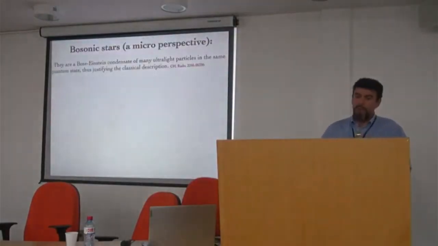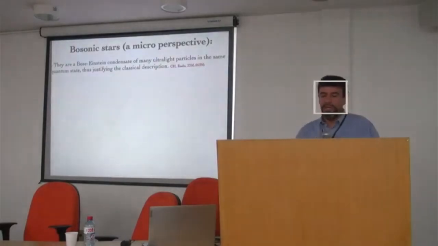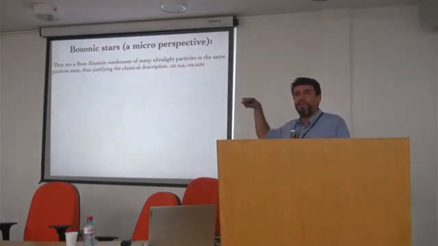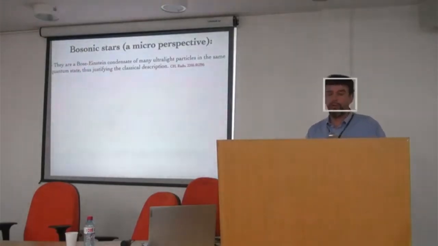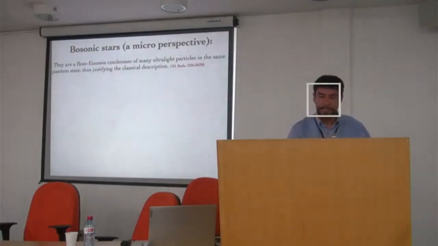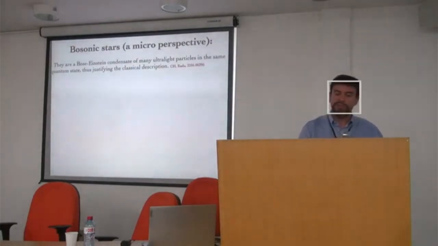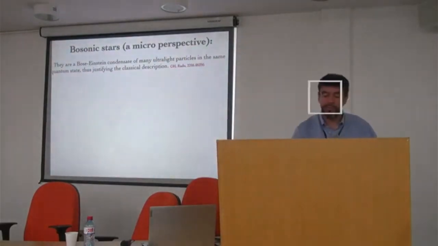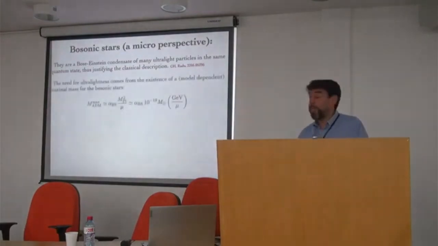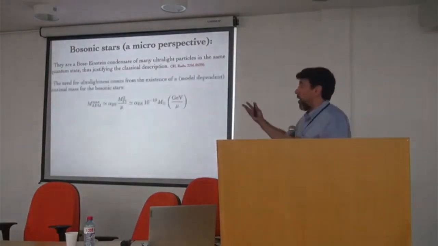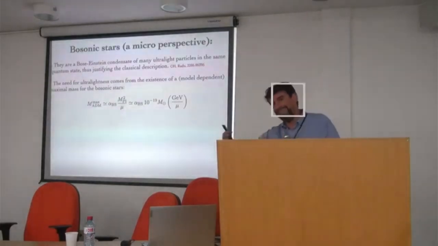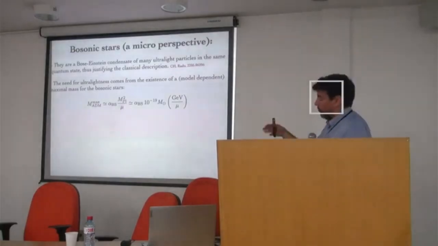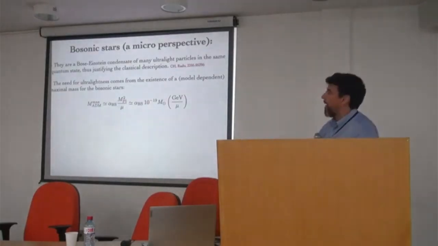Now, if these things are realized, you might want to go a little bit beyond and think about what's the origin of these new fields and so on. This is related to a more microscopic perspective of these bosonic stars. People talk about them often as a Bose-Einstein condensate in which you have many ultralight particles in the same quantum state. The need for ultralightness comes from the fact that if you'd like these stars to have masses in the astrophysical mass range of black holes, then you will need this,